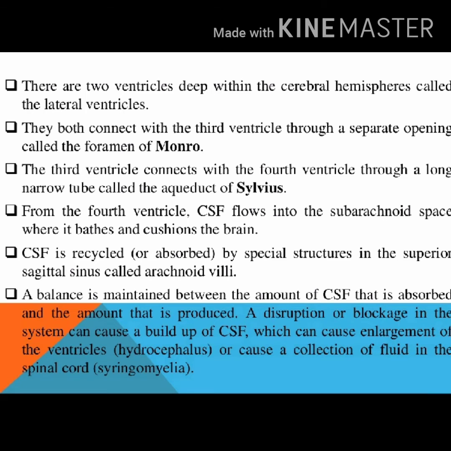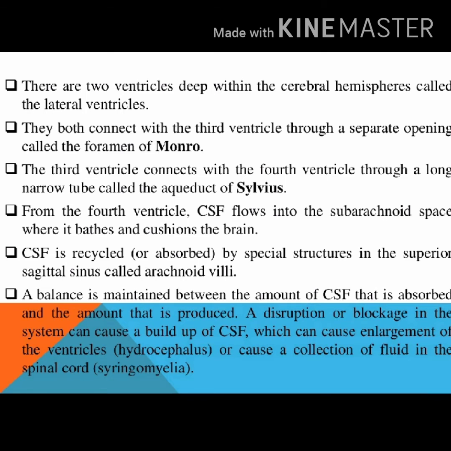From there, the cerebrospinal fluid is recycled or reabsorbed by special structures in the superior sagittal sinus called arachnoid villi. The balance of cerebrospinal fluid depends on the amount of CSF that is absorbed and the amount that is produced. Production and absorption stay balanced because of the arachnoid villi. A disruption or blockage in the system can cause the buildup of CSF,